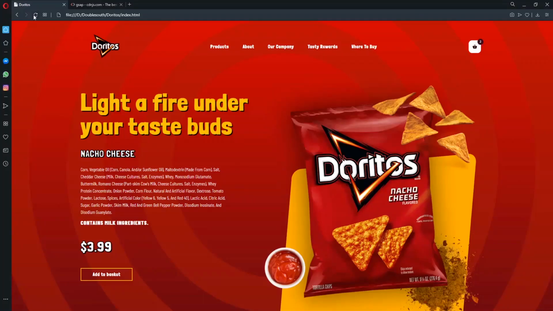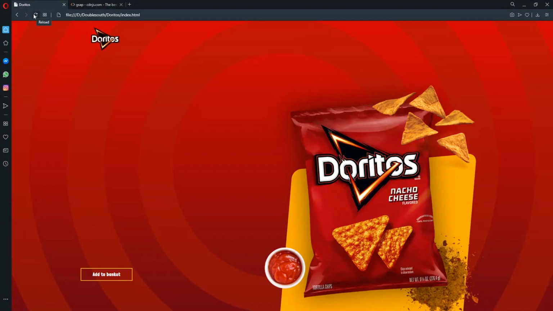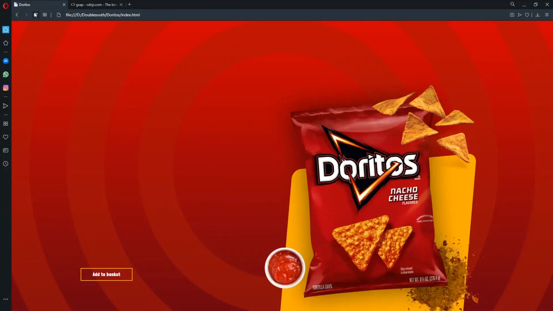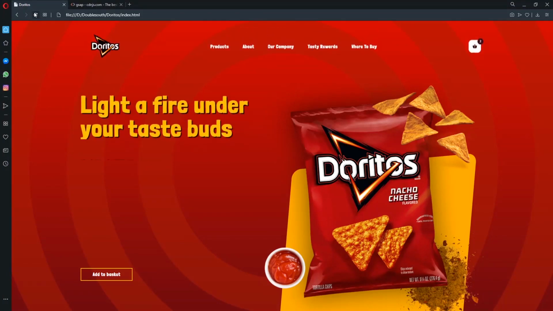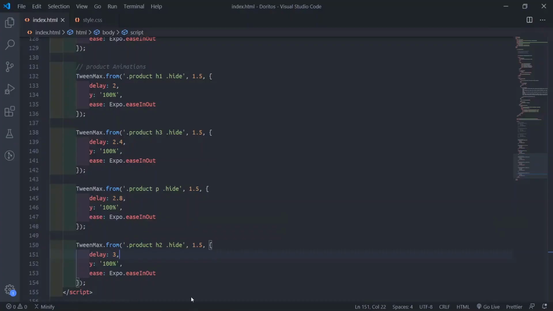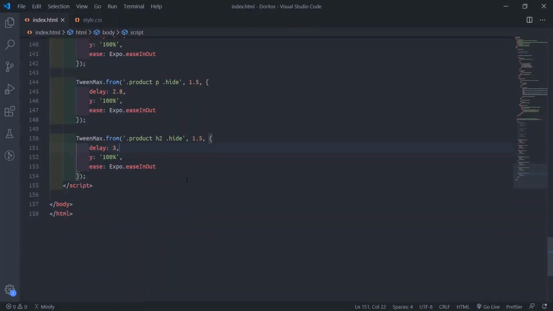So we'll refresh. You see, everything looks nice. So let's animate this button too. So to animate the button,